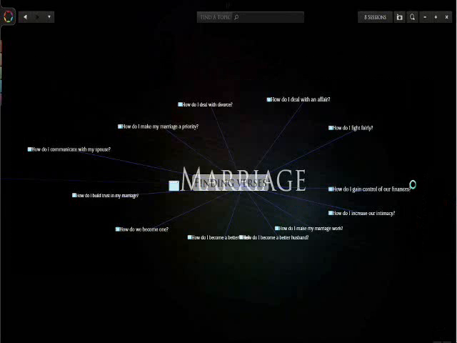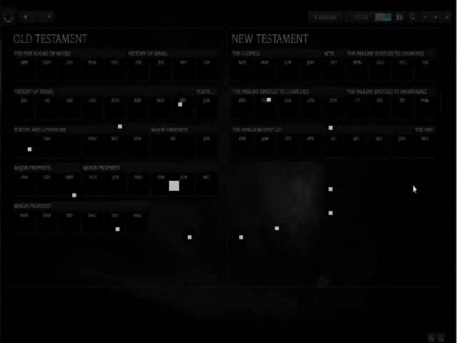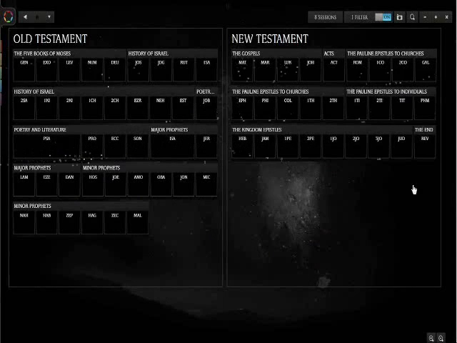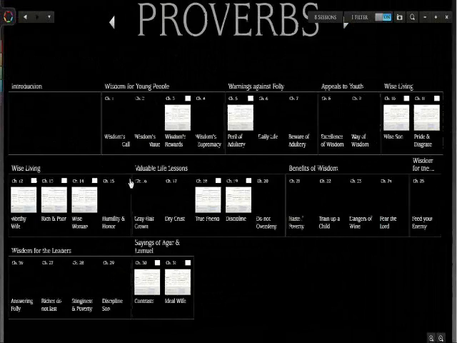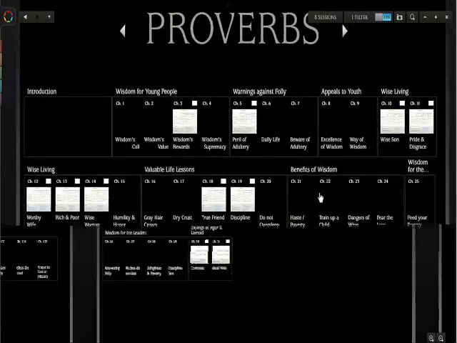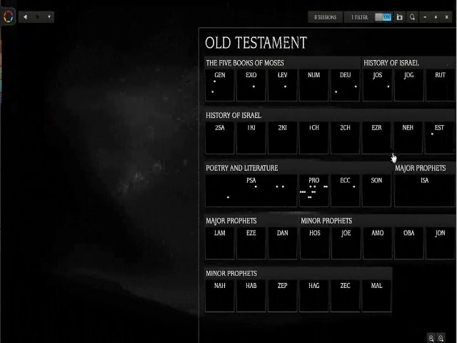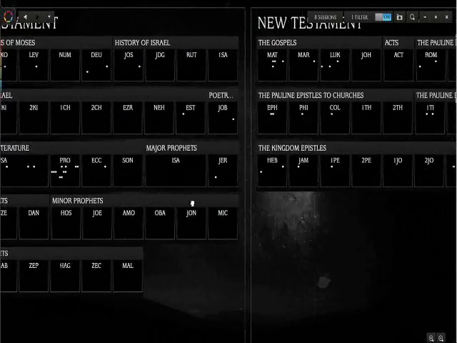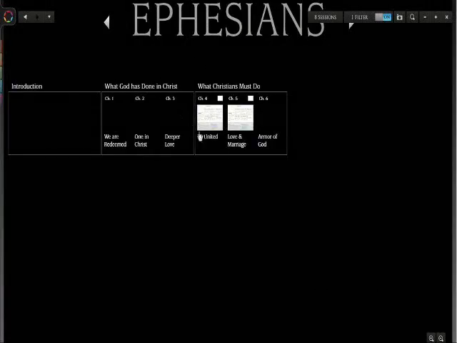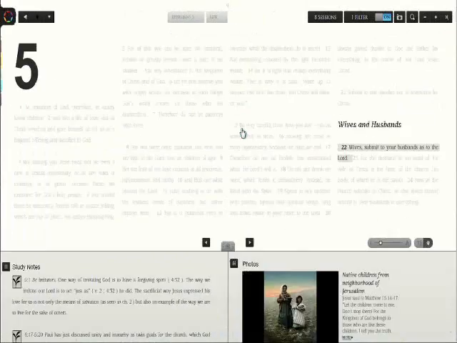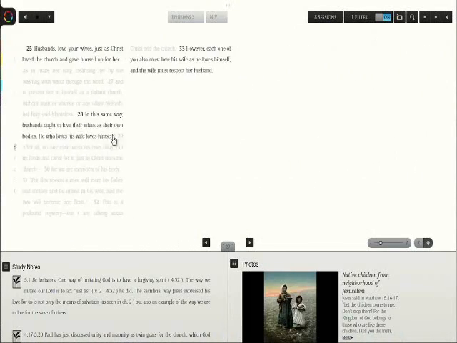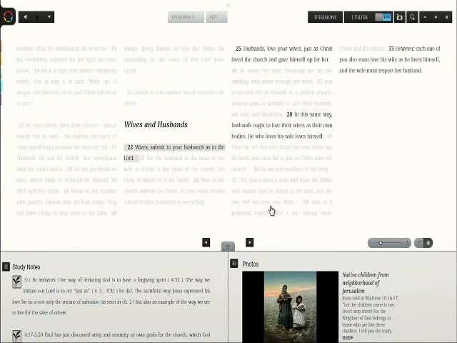For instance, you can send it all to the Bible lens. When you do that, you are going to be able to see all the scriptures that relate to marriage in the Bible. From here you can go, for example, to the book of Proverbs and see the scriptures in Proverbs that relate to marriage. Or you may want to go to the book of Ephesians, where it talks about love and marriage. When you click, you will see that all the passages that relate to marriage are highlighted, so it makes it very easy to read.